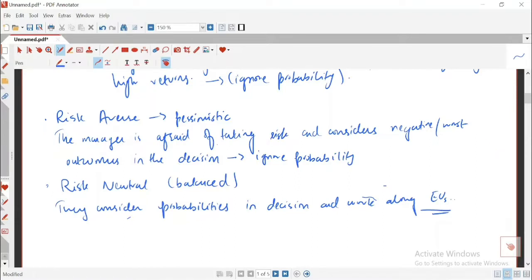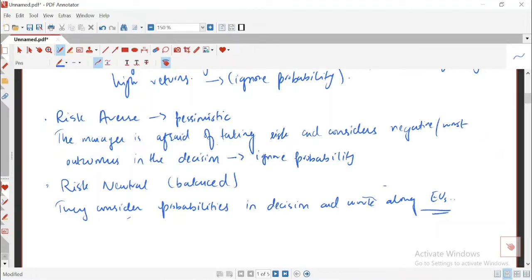Now in your paper you can be asked in a way कि वो आपको बता दे कि ये आपका ये these are the outcomes and this is the attitude of a person towards risk. So you have to decide based on the outcome. Therefore it is important for all of you to know what are the risk attitudes or risk preferences, so you can simply take the decisions based on that.